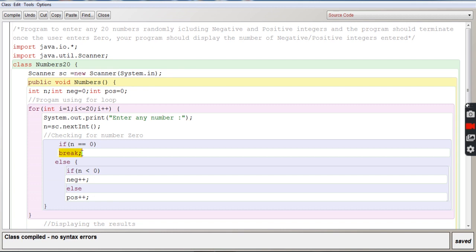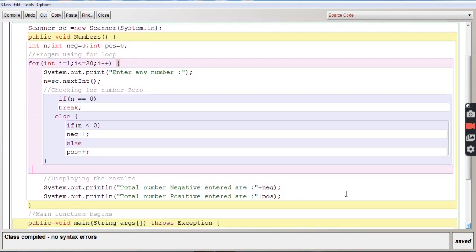The moment it goes to the break statement, the program is going to come out of the loop. Once it comes out of the loop, it is going to display the number of negative numbers and positive numbers entered before encountering 0.